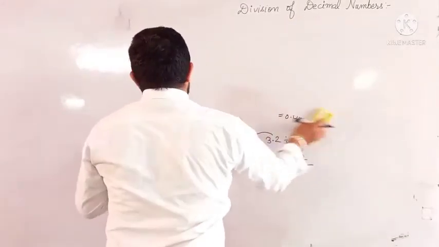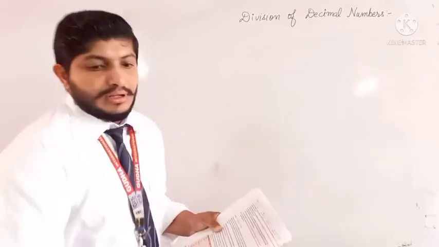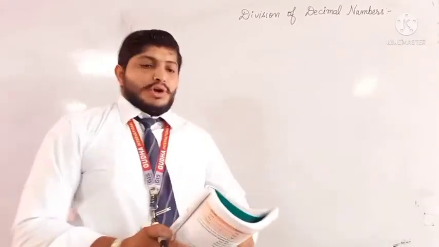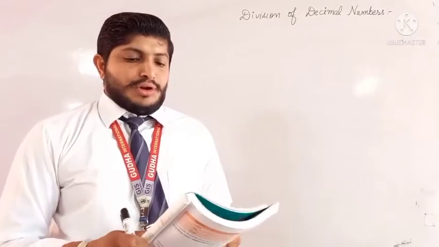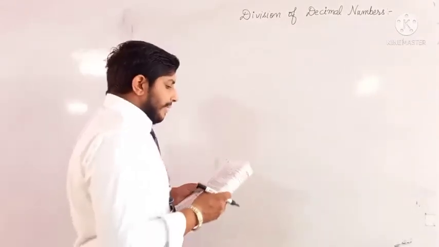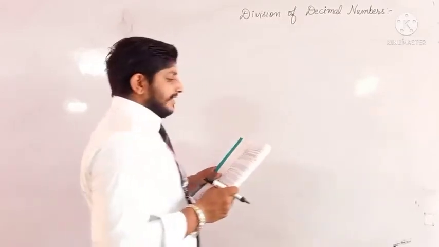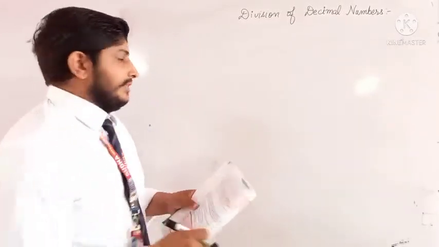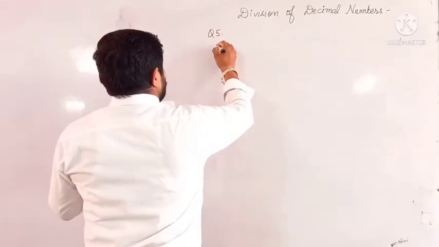Next, question number 5, beta. In question number 5, the examples I already solved when I taught you how we divide decimal numbers. Here I solved only one part. That part is part number 4, because the fifth part and sixth part were already told by me, beta, in this video. Question number 5, part 4.